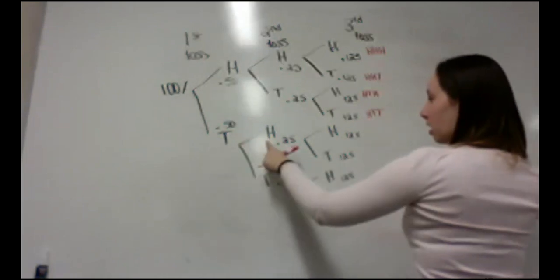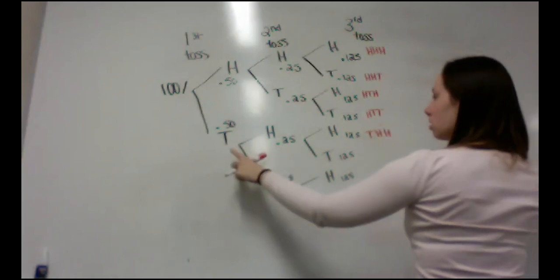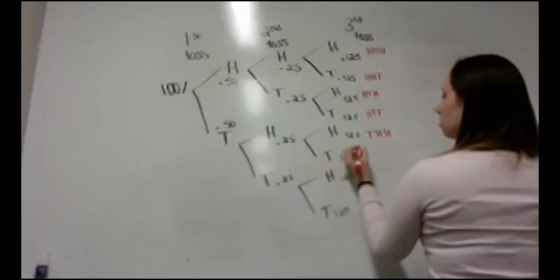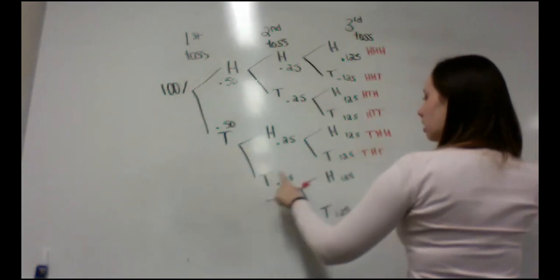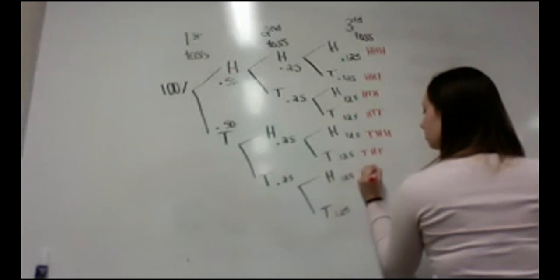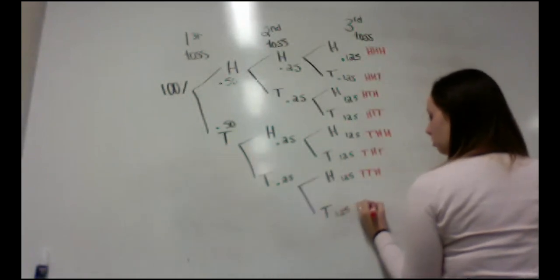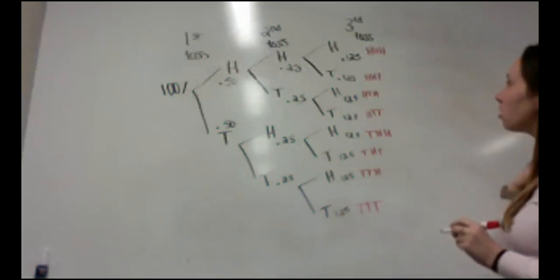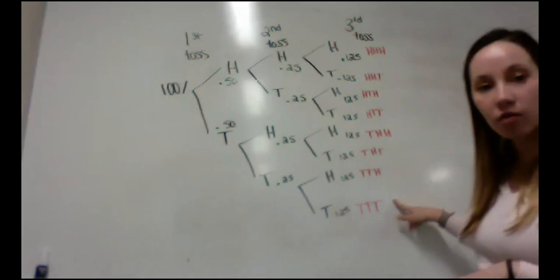Next one is tails, heads, heads. Next one is tails, heads, tails. Next one is tails, tails, heads. Last one is tails, tails, tails. So those are the 1, 2, 3, 4, 5, 6, 7, 8 outcomes we have when we flip the coin